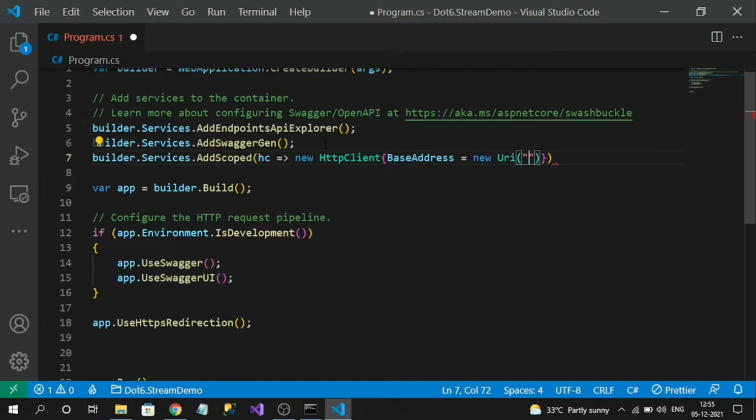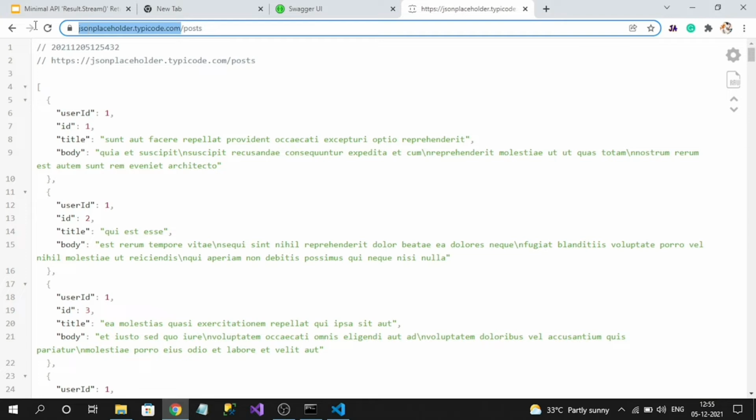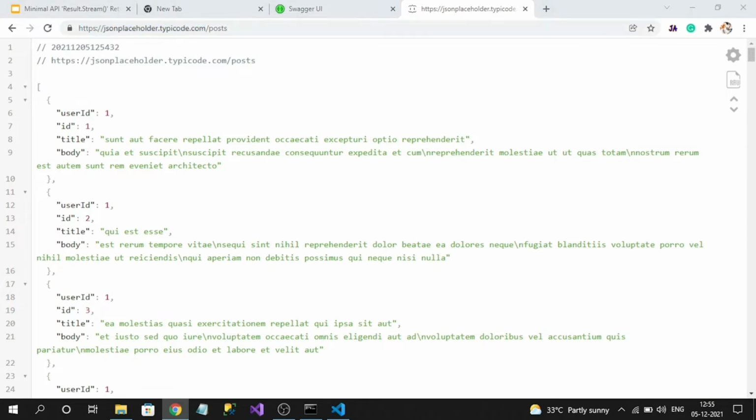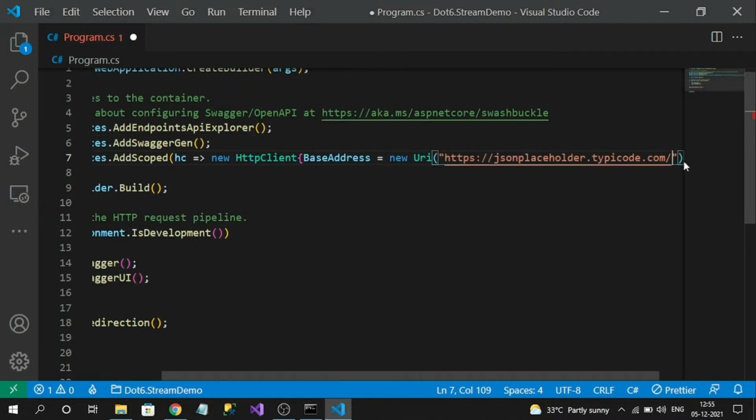Here we have to register the domain of our third-party API.